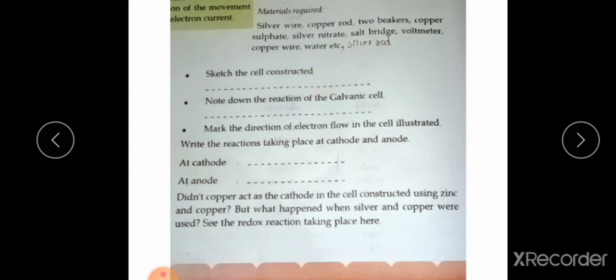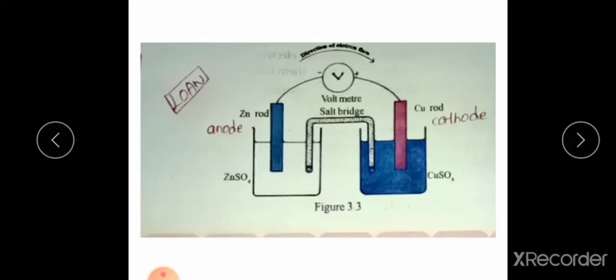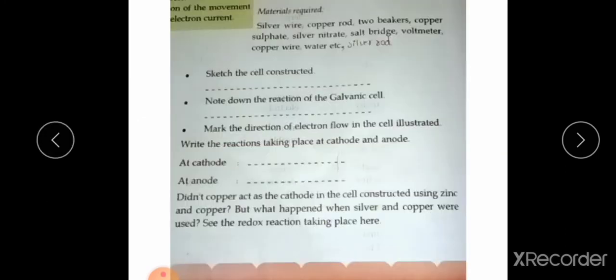Okay, so how to construct a galvanic cell? This is the construction of the zinc rod and Cu, in the case of the zinc and copper cell. By using this as a guide, you can construct the galvanic cell here. Which rods do you have to select? One is a silver rod, another one is a copper rod. What are the corresponding solutions? One is silver nitrate, another one is a copper sulfate solution. So you have to select the metal and its corresponding solution.